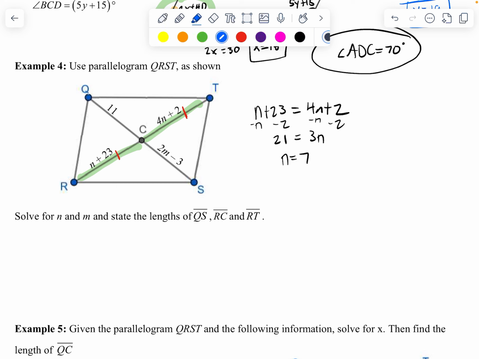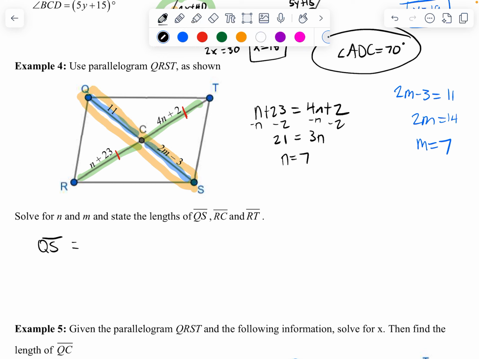All right, and we can do the exact same thing for m. We know that diagonals bisect, meaning that our 2m minus 3 equals 11. Add the 3, 2m equals 14. M equals 7 after dividing by 2. So you get m is 7, n is 7, and then we just need to find the lengths of QS, RC, and RT. Well, the segment from Q to S, right, Q to S is this whole thing right there,